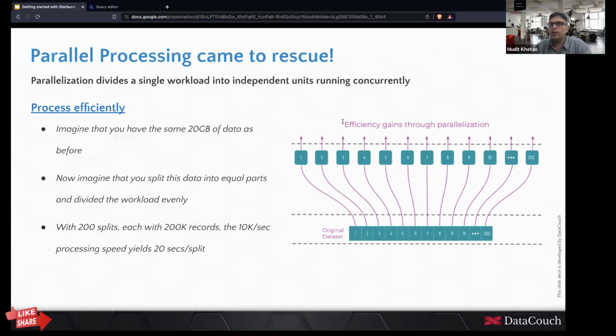So there is not going to be a 200x benefit, but theoretically, if the same work can be divided among 200 workers, then the overall time required to complete the job gives you a great scale. Right? This is the basic idea behind parallelization.